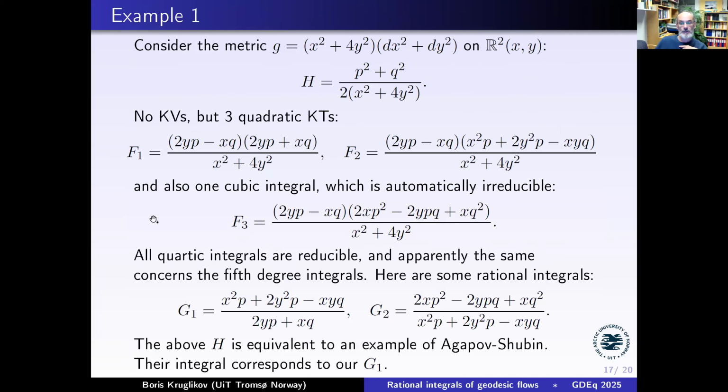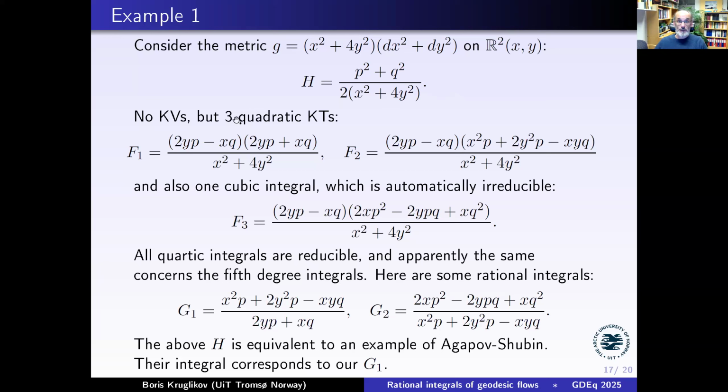And let me now discuss a couple of examples. So that's a kind of known metric. It appeared previously in several contexts. It also appeared in my old paper on linear integrability. So here's the Hamiltonian, indeed, right? Because it's just a conformal factor here, we have to take the inverse matrix, so we divide by it. So this has no Killing vectors,